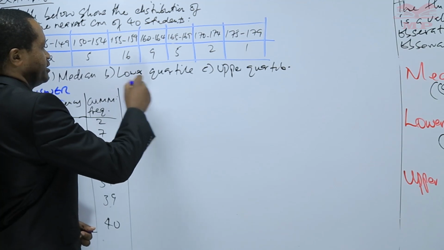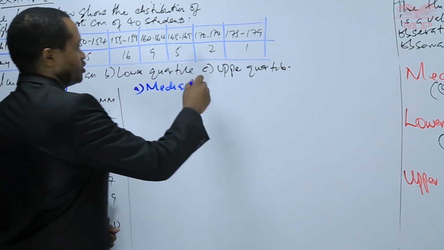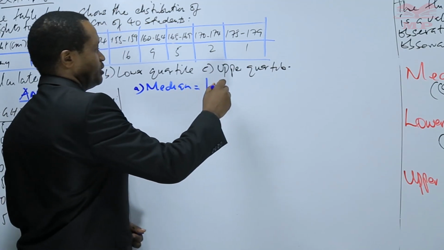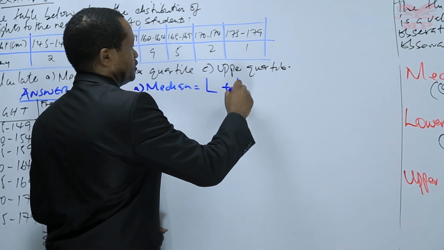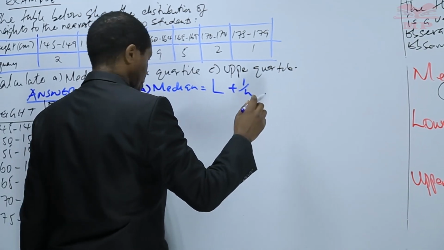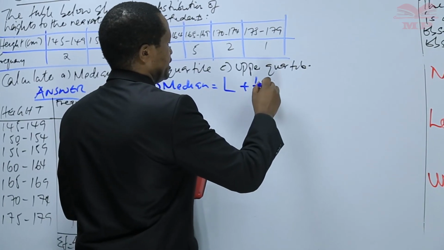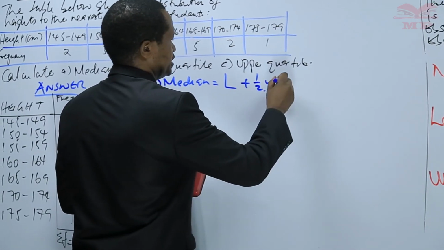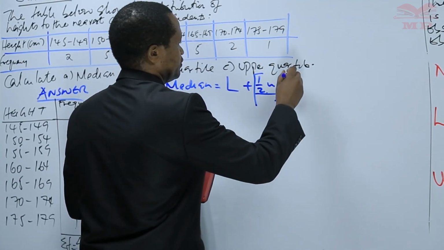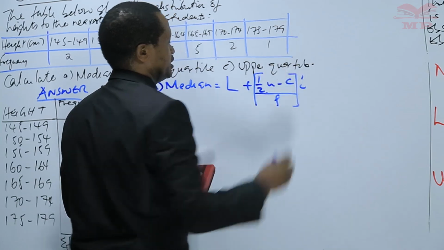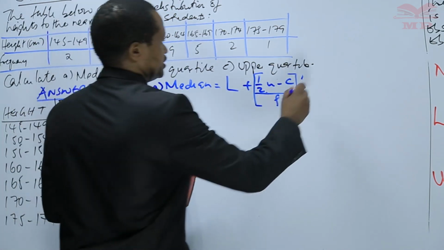Median, A. We have seen that median is equal to lower class boundary plus one over two n, a half n, minus c over f, times the class interval. So this will be equal to,